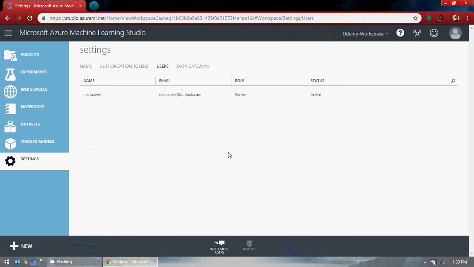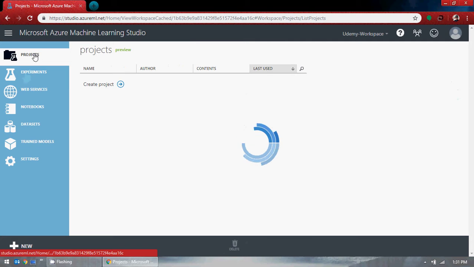Welcome back to my second class for Microsoft Azure Machine Learning Studio. In the previous class, we talked about the administration. So this was the administration we taught. We'll go through this one by one,